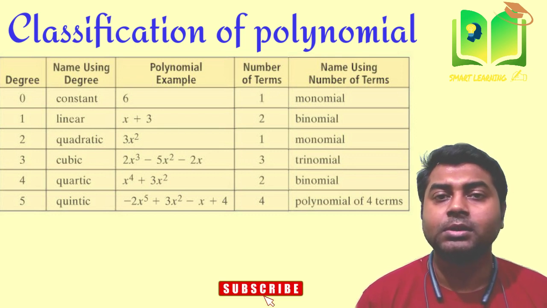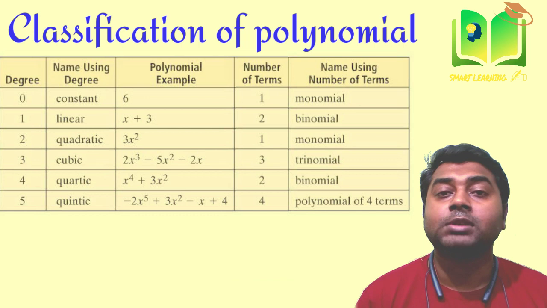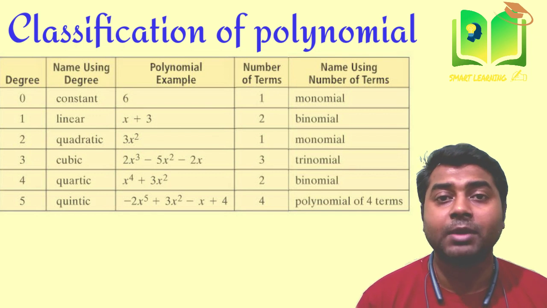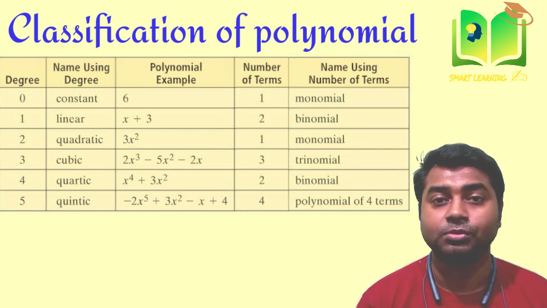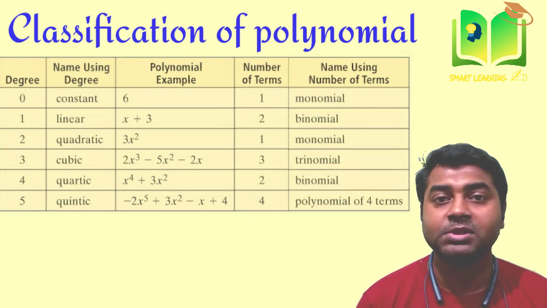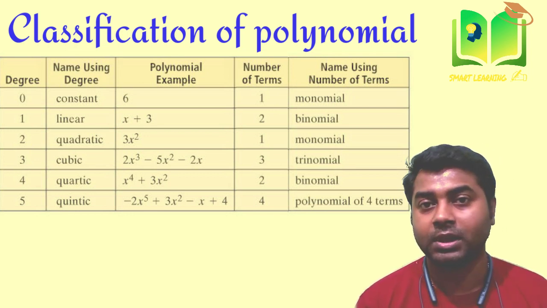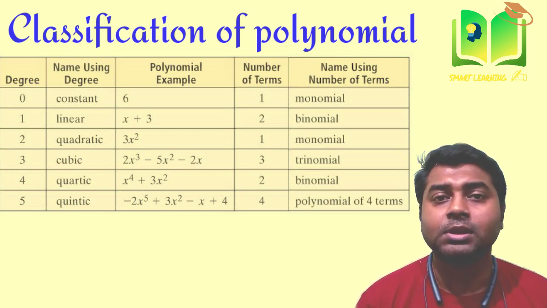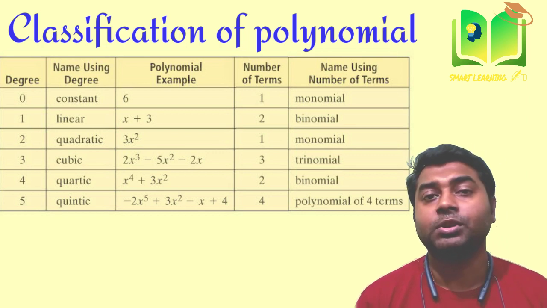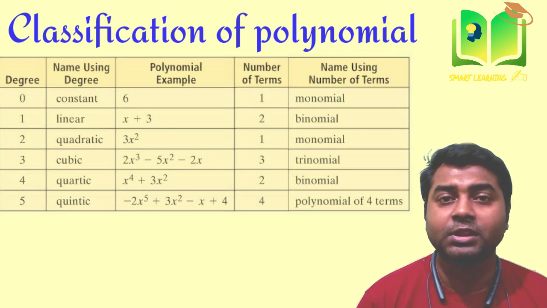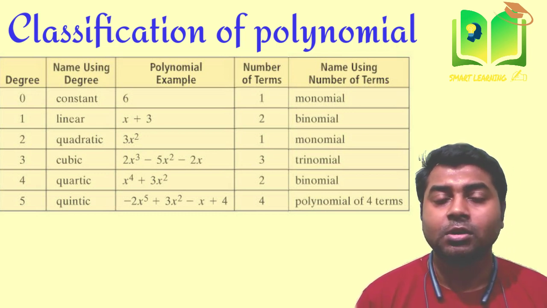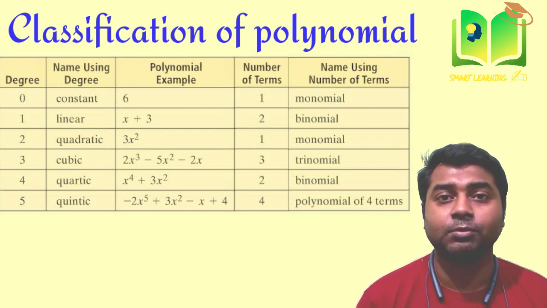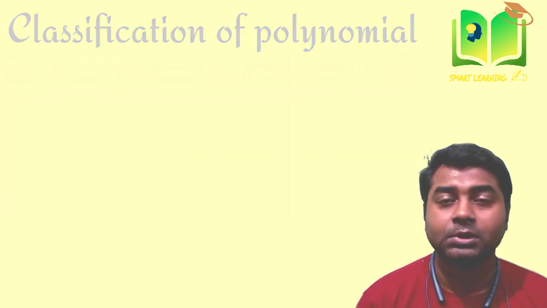And the last one is here, suppose you can see there are three terms like 5x cube plus 7x square plus 2. So 5x cube is one term, 7x square is another term, and plus 2 is another term. Three terms are there. At that time we will say this one is known as a trinomial because of three terms. And if it is more than 3, then we will say it like this, polynomial of 4 terms. Suppose 5 terms are there, at that time we will say polynomial of 5 terms.